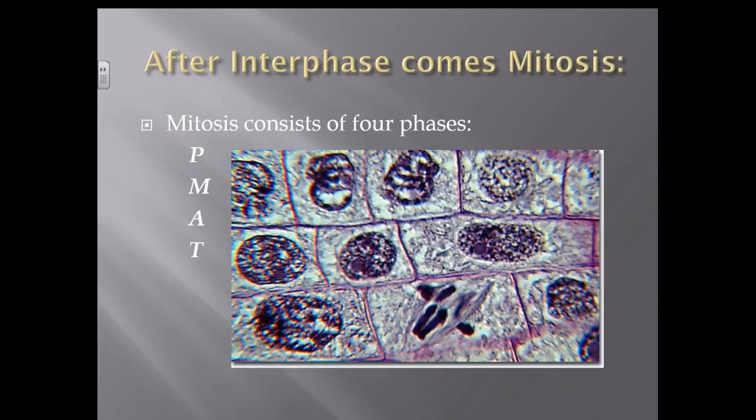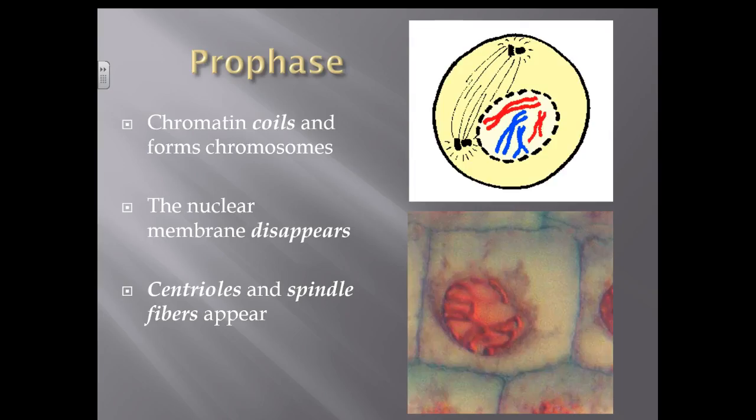All right, after interphase comes something called mitosis, and mitosis consists of 4 phases. And just like you remembered a nonsense word, schnapps, which helped you to remember the 6 elements that make up 99% of all living things, this nonsense word PMAT is going to help you remember the 4 phases of mitosis in order. So the first is